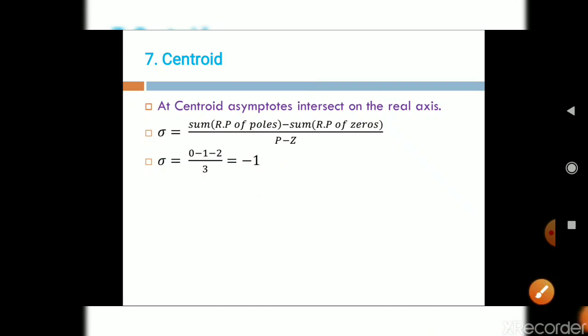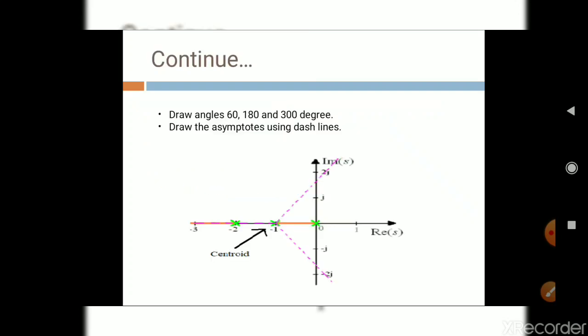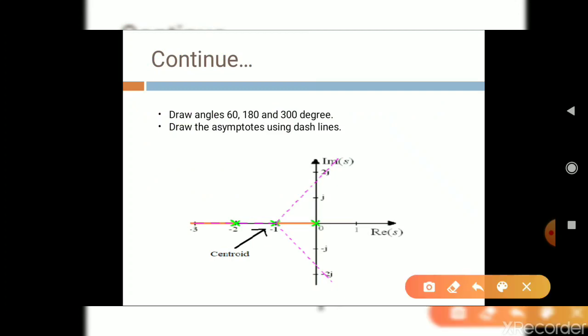So till now, with the help of the open loop transfer function, we have determined the number of asymptotes, the angles of asymptotes, and the centroid for those asymptotes on the real axis. So let's draw these asymptotes. Denote the centroid and the pole locations in the S plane. This is a simple diagram in which this is the real axis, this is the imaginary axis, and I have denoted 3 poles S1, S2 and S3.